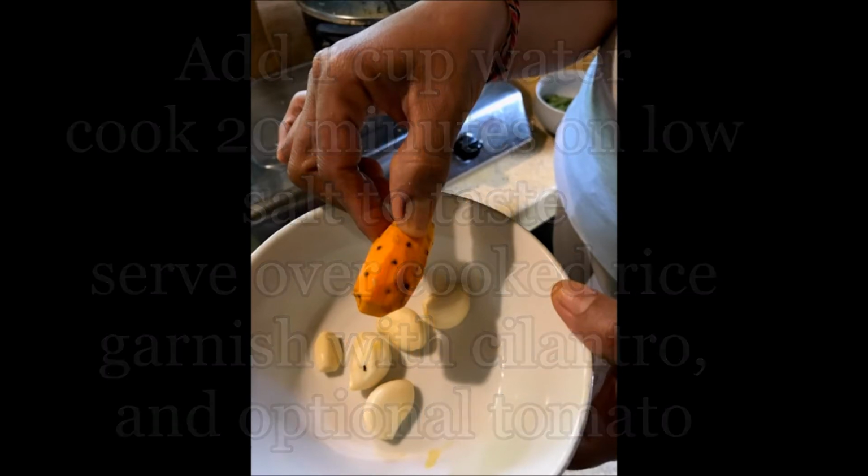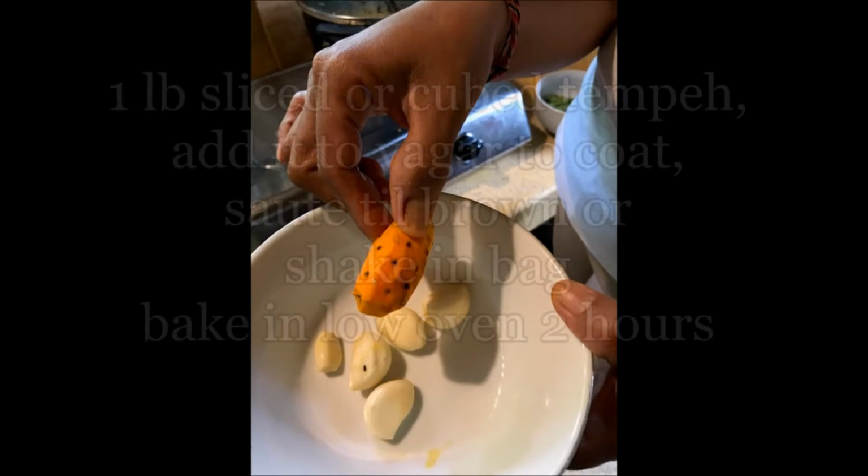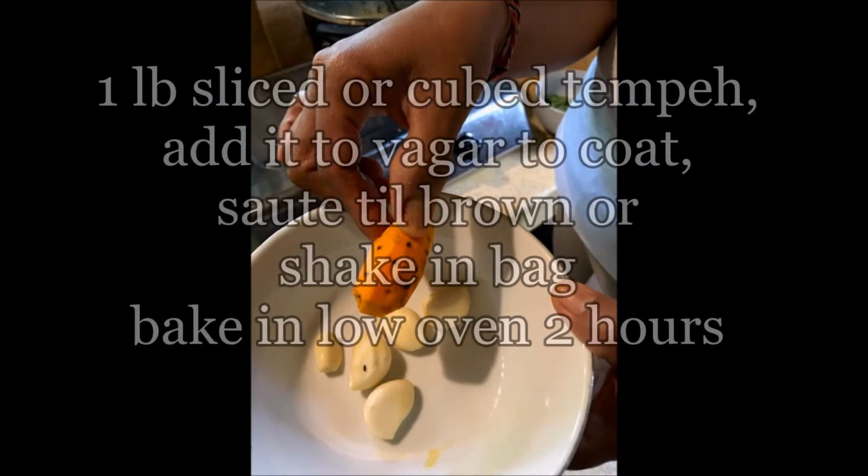Tempeh. This protein-rich, enzymatic whole food is a staple of the Balinese diet. I love it prepared in many ways. Simple sliced or cubed. I'll add it to vagar and toss lightly over medium heat until brown. Alternatively,